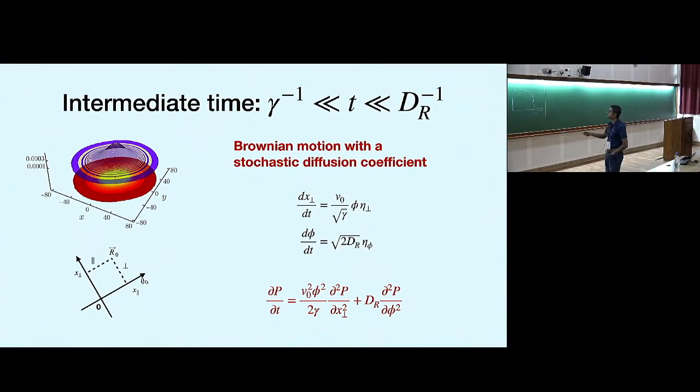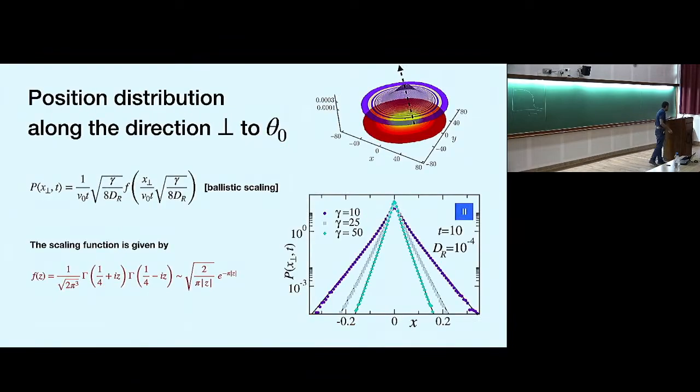So mathematically, in this range, this perpendicular fluctuation can be modeled by something. If you look at dx/dt equal to eta, it's like a Brownian motion. But now you have a phi, you can think of it like a diffusion coefficient or diffusion coefficient squared. And this phi again performs a Brownian motion. So you can think of it like you have Brownian motions whose diffusion coefficient itself has a stochastic dynamics. And you can go ahead and solve this